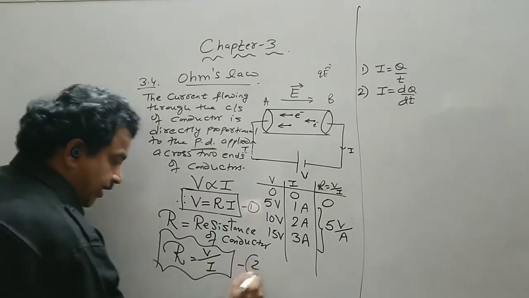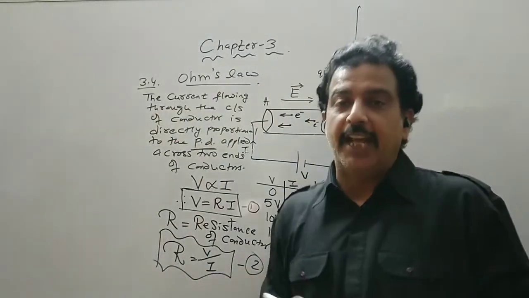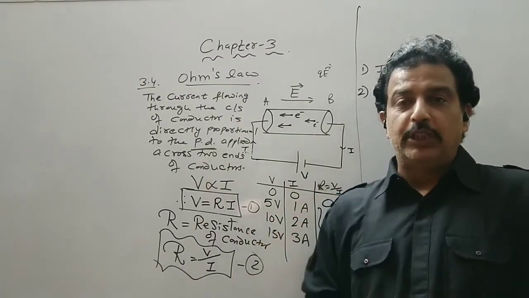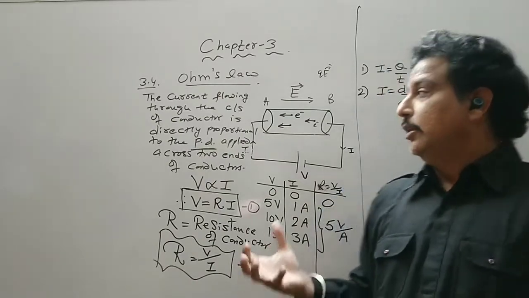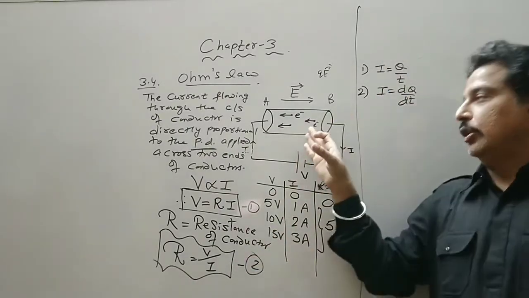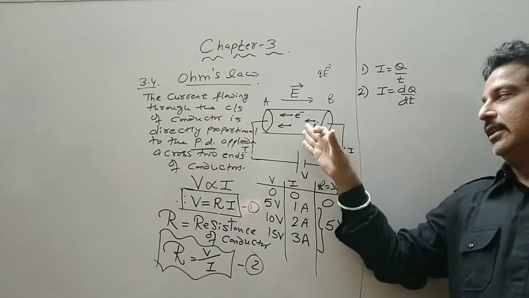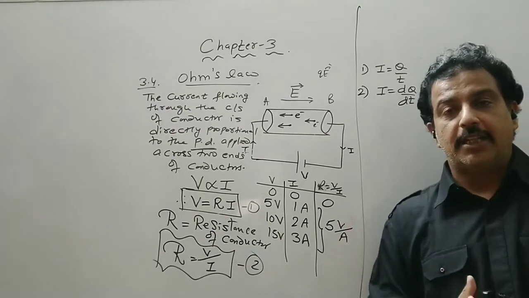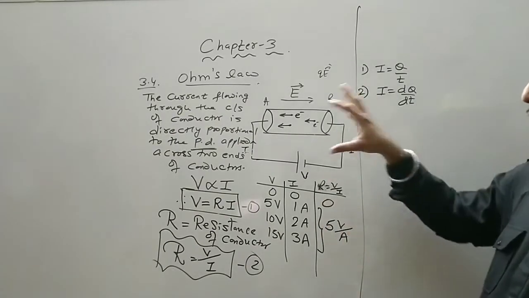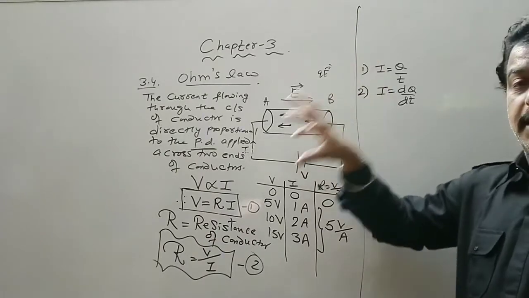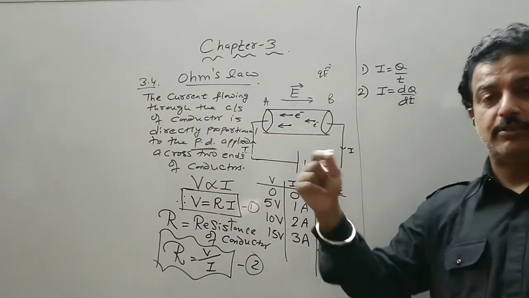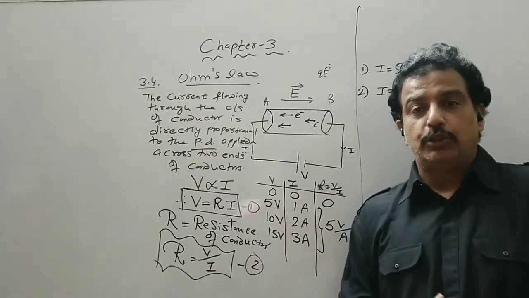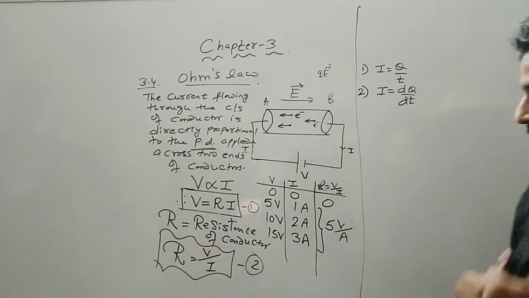In fact, it does not depend on V and I, because as V increases, the amount of current flowing through the cross section will also increase, or the amount of electrons. We will see that electrons are responsible, the charge carrier or a mobile charge carrier in the case of a conductor. So the conductor consists of free electrons. So the electric current is due to the motion of the free electrons in the case of metals or conductors. In the case of liquid or electrolyte, it is the motion of the positive and negative ions.